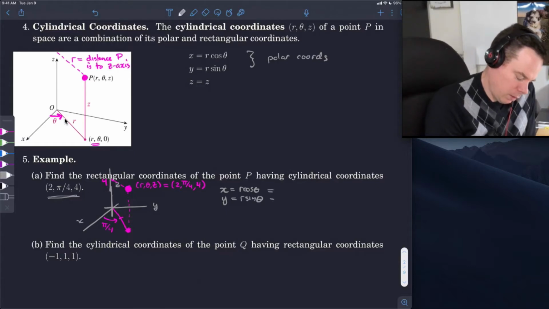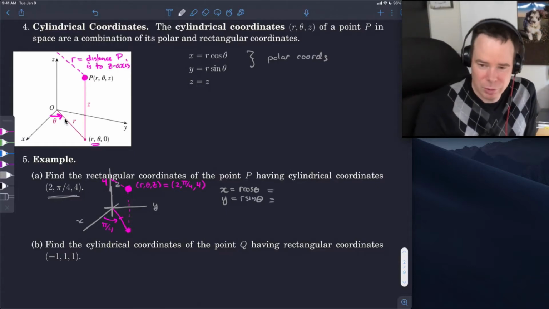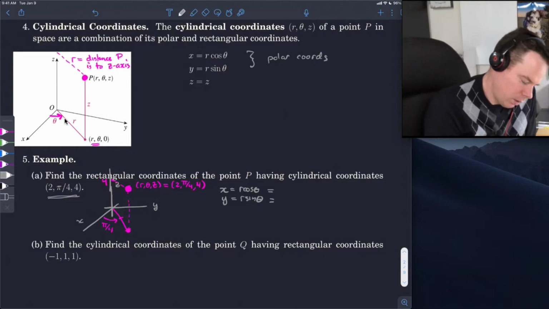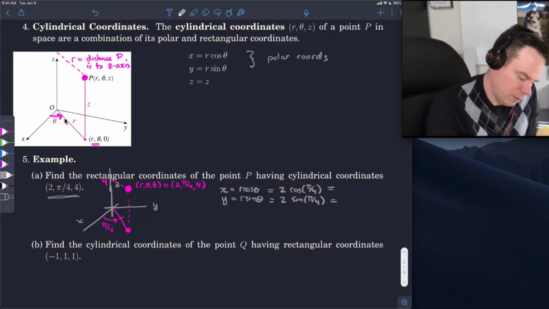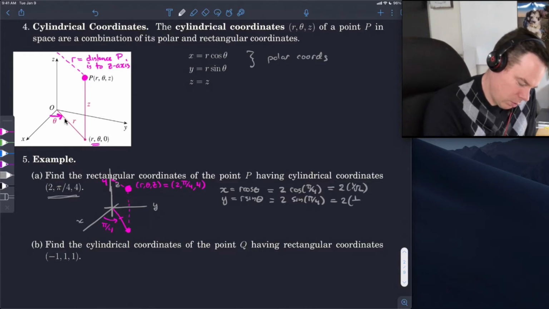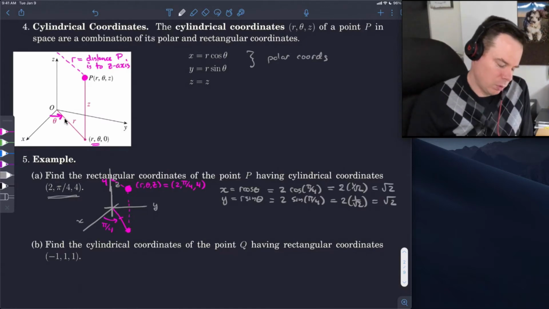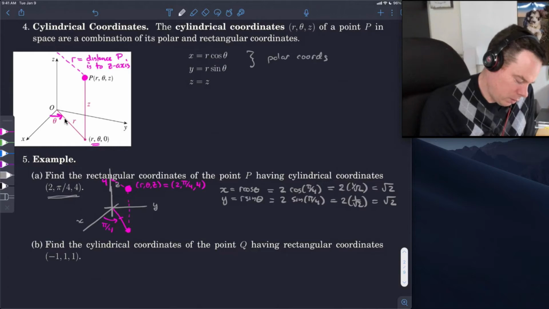So we can go ahead, and I will do these in parallel just because the calculations are virtually identical. It's r, which is 2, and then cos of pi by 4, and in the case of y, sine pi by 4. Cos and sine of pi by 4 are both the same. They're 1 over root 2, so that's 2 times 1 over root 2, or 2 times 1 over root 2 for the y coordinate. And so we get values of root 2 and root 2 for x and y,